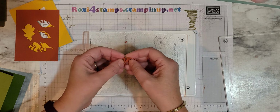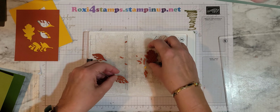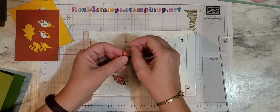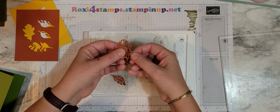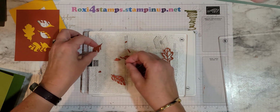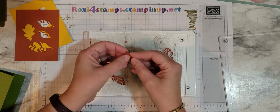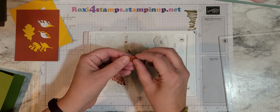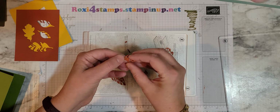And of course, if you use your take your pick tool, it'll come out even faster. But look how those just fall out. And that's only with one pass. This is a fabulous die. I cannot recommend this bundle. Well, really, the whole suite. I think I bought the whole suite